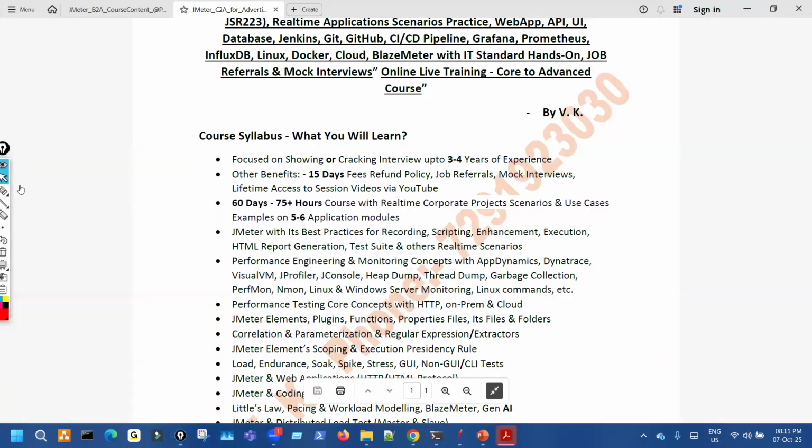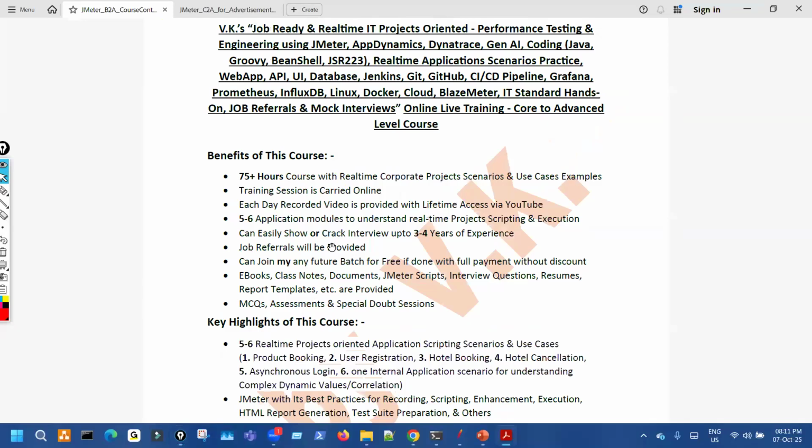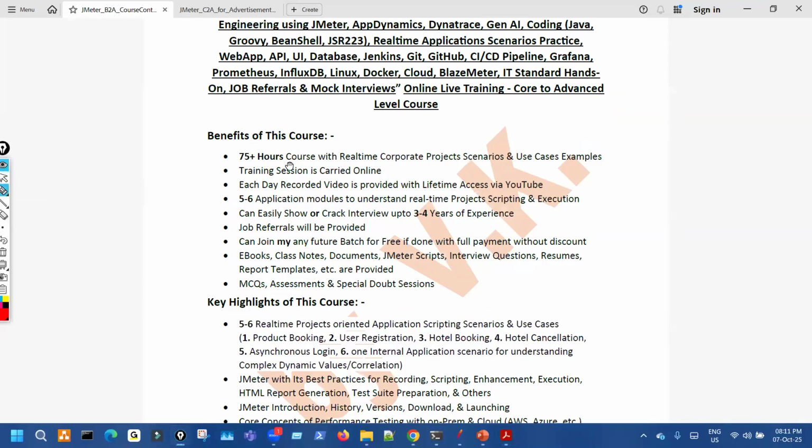Yesterday I also said that you can easily build up to 3 to 4 years of experience, or in some cases 5 years, if you invest a little more time in learning. Then there are other benefits. It will be a 60 days, 25 hours session, at minimum 60 days it will go. So 3 months. This course is designed not on a fast track, but to